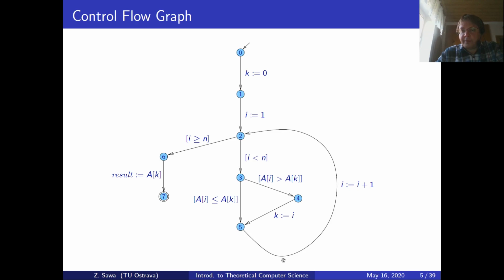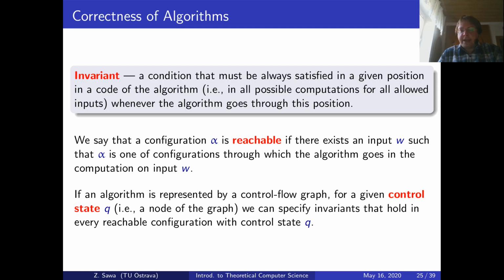Yeah, with any of these states, we could have different invariants for different states, and the idea is that we would consider all reachable configurations, where reachable configurations are those that could be reached in some computation. A configuration is reachable if there exists some particular input W, such that if the algorithm runs on this input W, during the computation it goes through this configuration alpha, or so the set of all such configurations that could possibly be reached